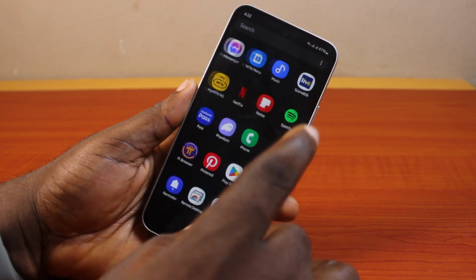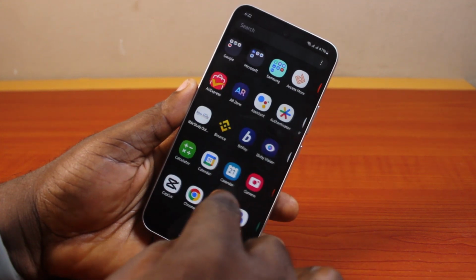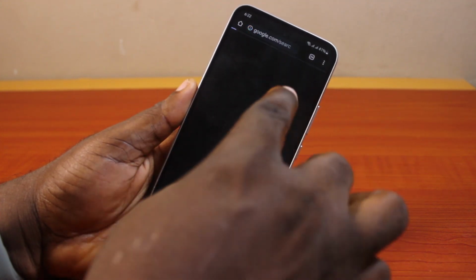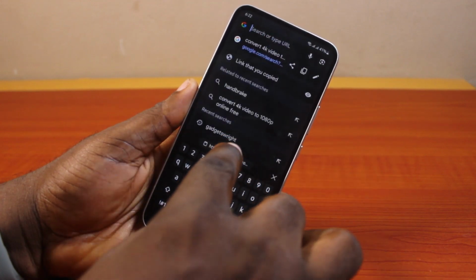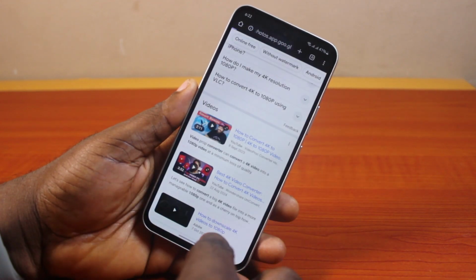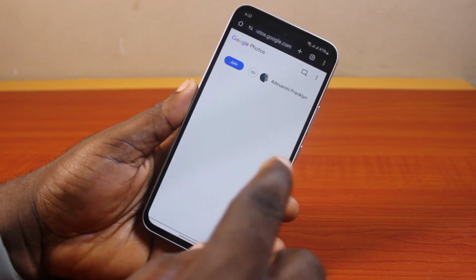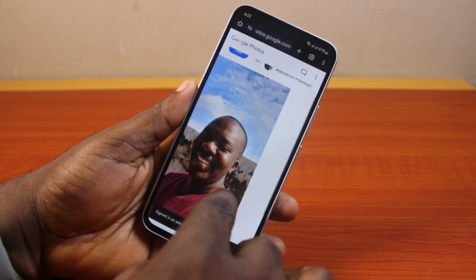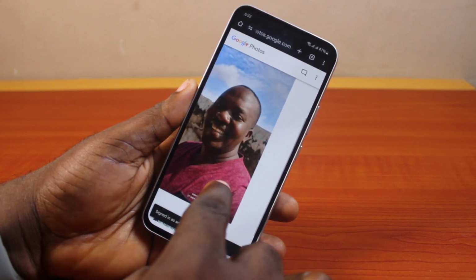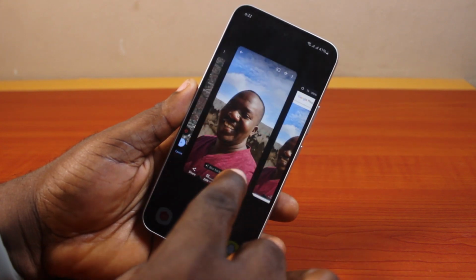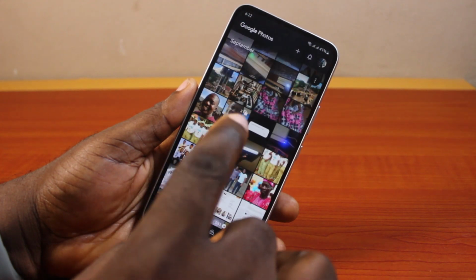Now, to confirm that you've successfully created the photo link, just open a browser and on the browser, paste the photo link you created and then send it. Once you pasted the photo link created and hang on, then you should see the photo just like this. So if you have multiple photos on this link, then you'll be able to create a photo link for these